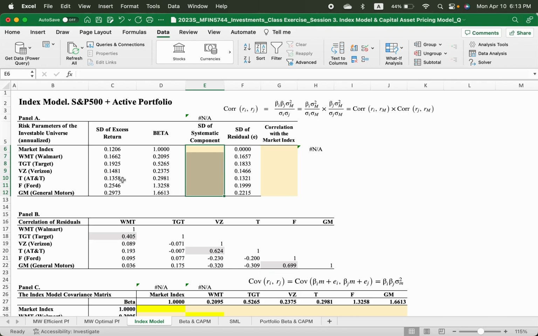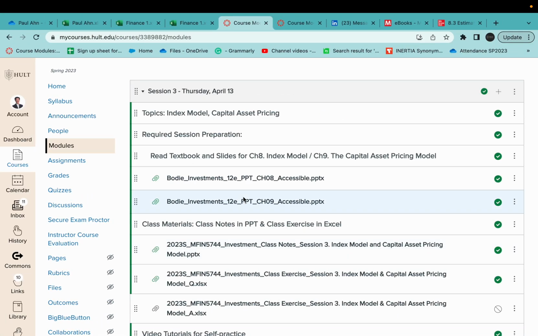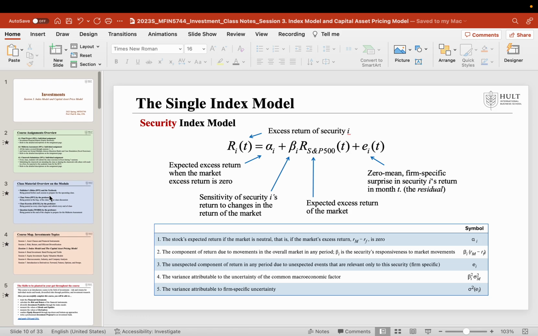Hello students, welcome back to the index model of portfolio management. The index model is comprised of the market index and the active portfolio: how much weight we put on the market index, and how much percentage on the active portfolio. But before jumping into this class, these extra exercises of constructing this index model, you must read these